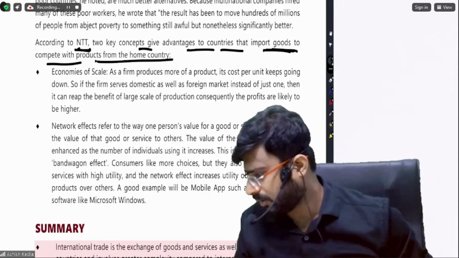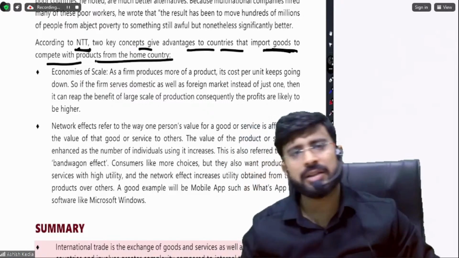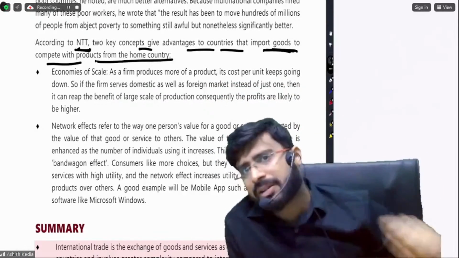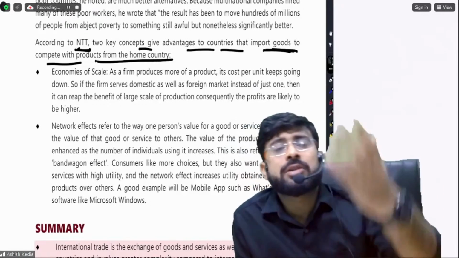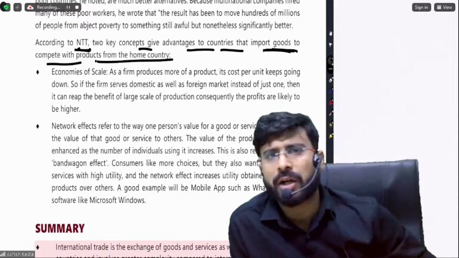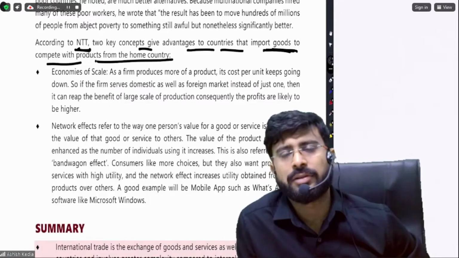इससे क्या फायदा होगा सर? ये तो खराब बात है. आपके कंट्री में ऑटोमोबाइल होते हुए भी आप बाहर से क्यों मंगा रहे हो? आपको तो टाटा और महिंद्रा को सपोर्ट करना चाहिए. तो फिर आप क्यों कोई और फॉरेन ब्रांड को आने दे रहे हो, जैसे टोयोटा हो गया या कोई भी हो गया? क्यों आने दे रहे हो आप? इसका रीजन है